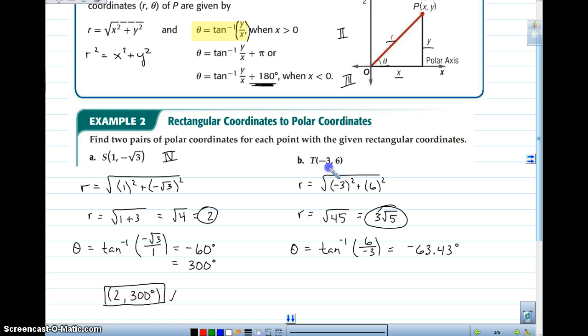Okay. Now, negative 3, 6. If we looked at this original coordinate, negative 3, left 3, and up 6 is actually in quadrant 2. So we're in trouble because negative 63 degrees is not in quadrant 2. So this is one of those situations, right? We talked about that if you're in quadrant 2 or 3, you're going to have to add 180 degrees to your angle. So we need to add 180 degrees to this, and that will give us an angle, theta, equal to